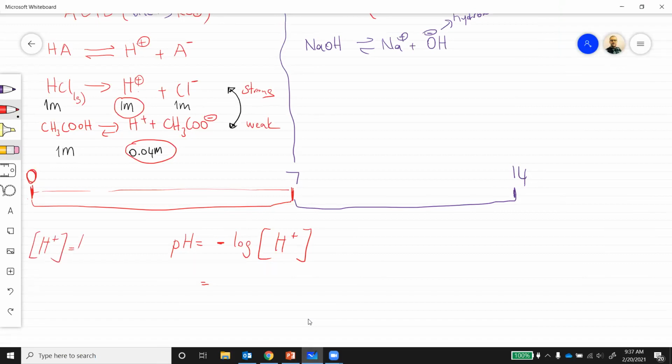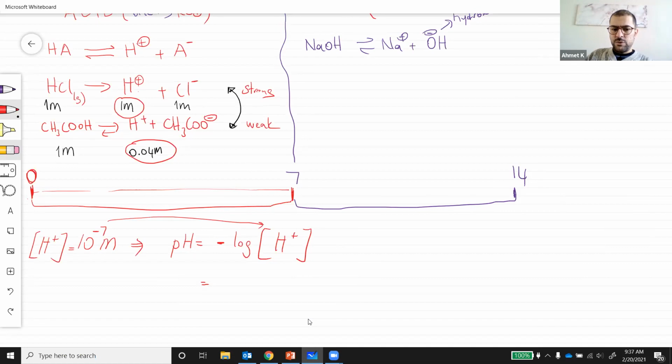So let's say the H plus concentration is very small, 10 to the negative 7 molar. And I'm going to find out the pH of this solution. So all you have to do is just plug this number in here. And let's do that. You have a negative log of 10 to the negative 7,